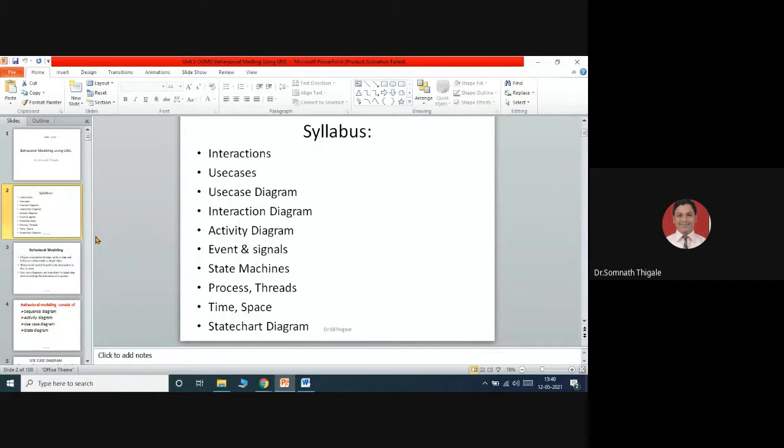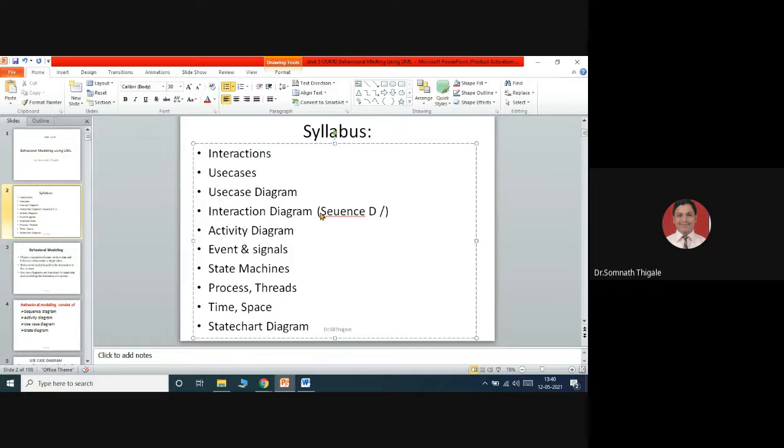It starts with the first type of diagram, the use case diagram. After the use case diagram, we will focus on the activity diagram. After the activity diagram, we will focus on the interaction diagram. Now this interaction diagram, I can say, is simply the sequence diagram.